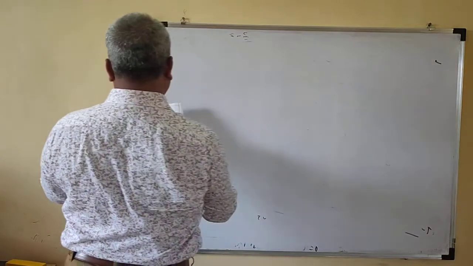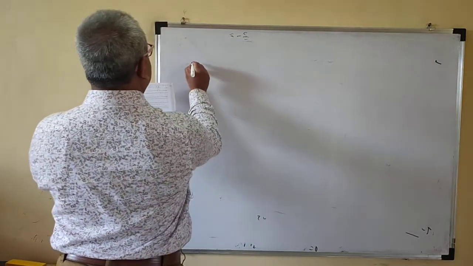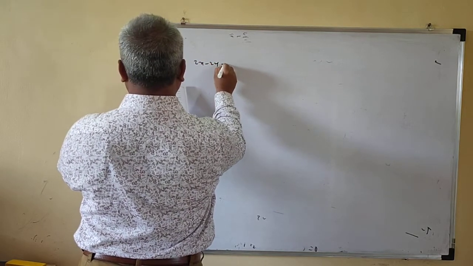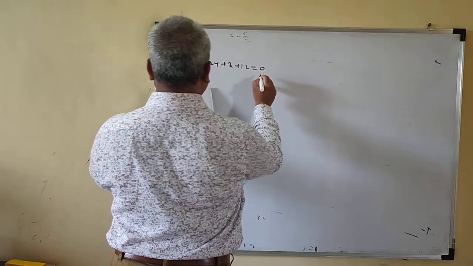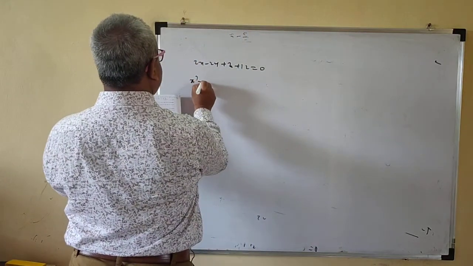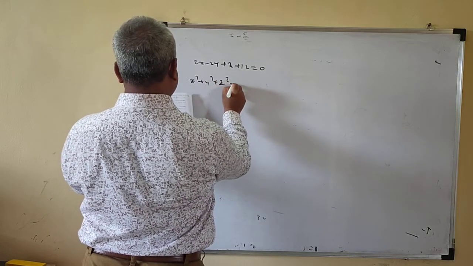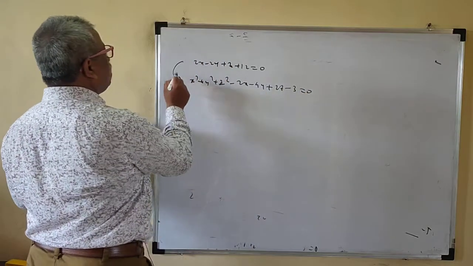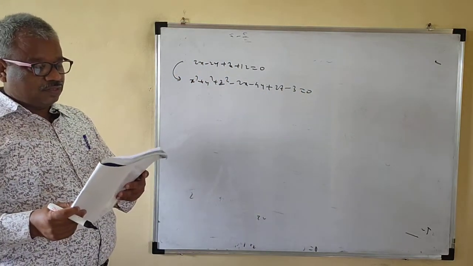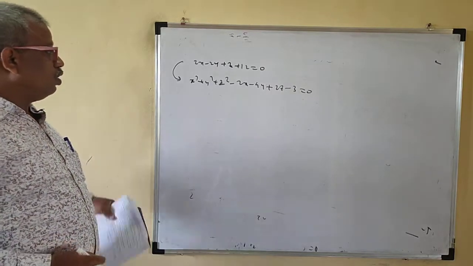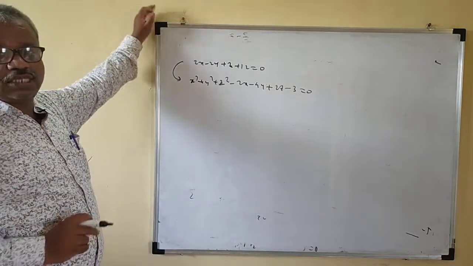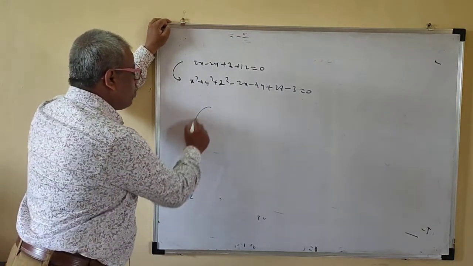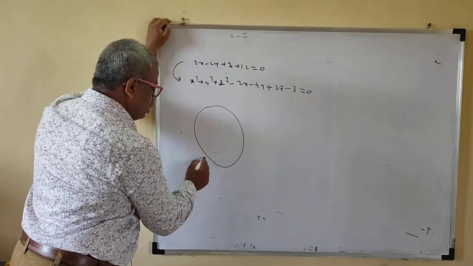Okay, so one thing is that, show that, suppose this is 2x minus 2y plus z plus 12 is equal to 0. Show that x square plus y square plus z square minus 2x minus 4y plus 2z minus 3 is equal to 0. You can show that this plane touches the sphere. When we say that this touches the sphere, what is the center, what is the radius?